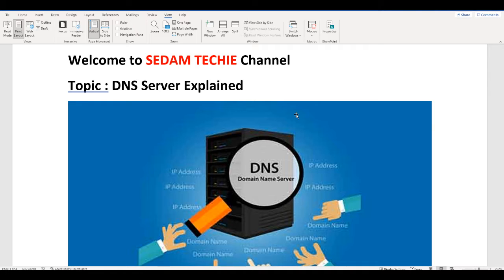So today's topic is the DNS server: how exactly it works and what exactly a DNS server is. For example, if a DNS server is a person and I am asking him for information, if he has the information, he will definitely let me know. If he doesn't have that information, he is going to tell me whom to approach. So a DNS server works the same way.